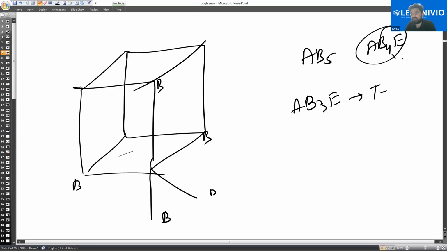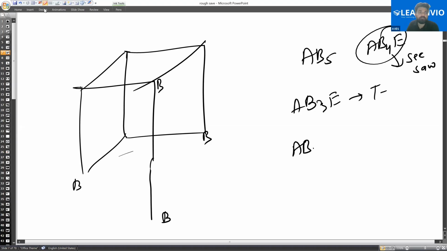AB4E में बनेगी seesaw shape, और AB5, सॉरी, एक और हटा दें, तो मान लेते आपने ये भी हटा दिया, ये भी हटा दिया, तो फिर ये स्ट्रेट लीनियर हो जाएगा, बिल्कुल सीधा। आपने तीनों हटा दिए, तो तीनों जगह तो AB2 and E3, तो लीनियर शेप, लीनियर मतलब स्ट्रेट लाइन, लीनियर शेप। Got it? समझ आया? Yes, sir. चले आगे।